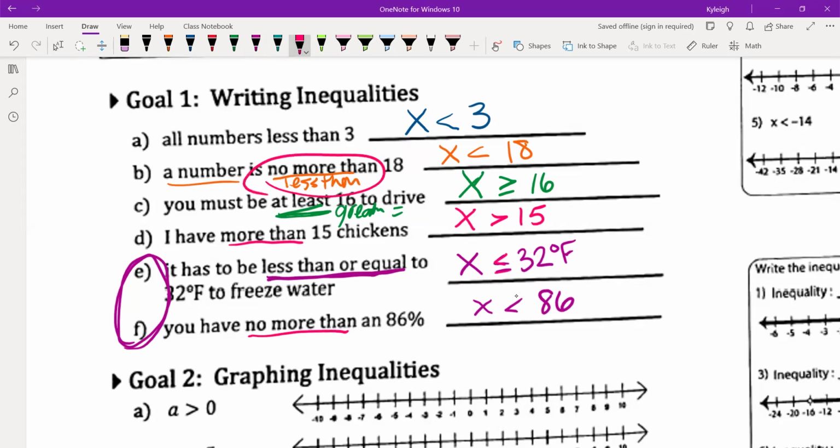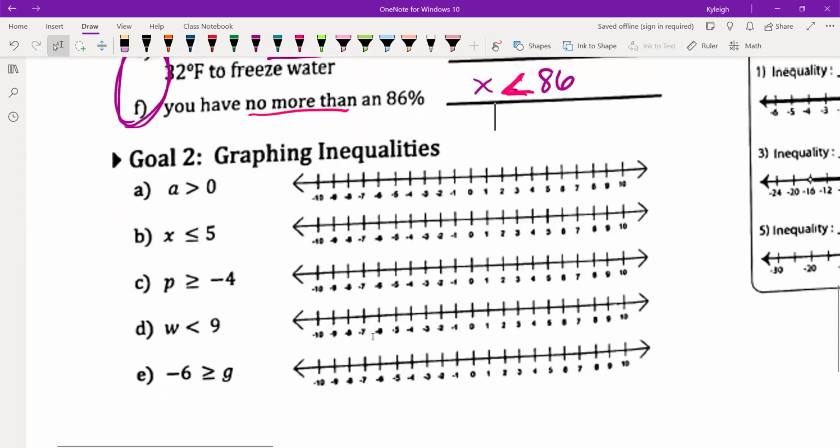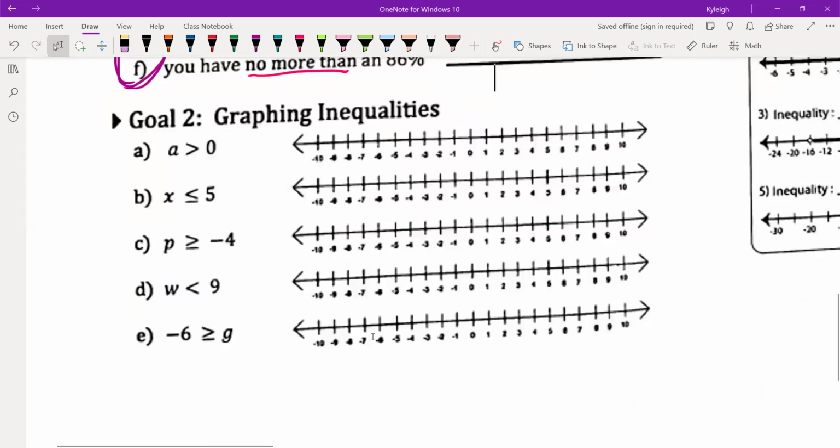No more than means less than, so that's why it's facing this direction. All right, so let's practice graphing these, okay? So we put our circle over top of whatever number. In this case, my circle is going to be over 0. Because this doesn't have a line underneath of it, it means it's not equal to, which means it's an open